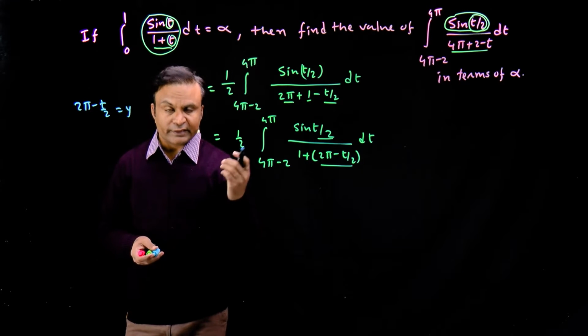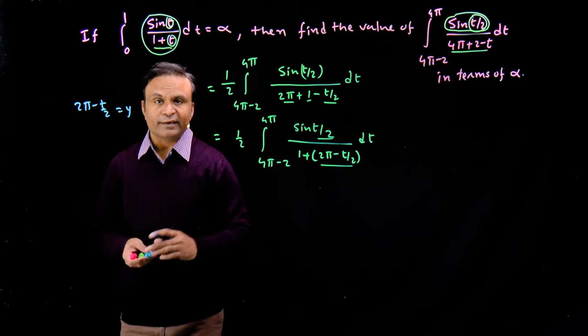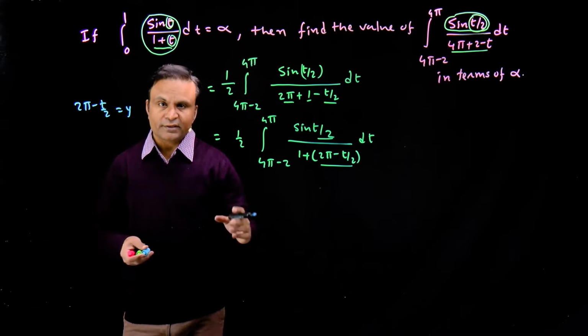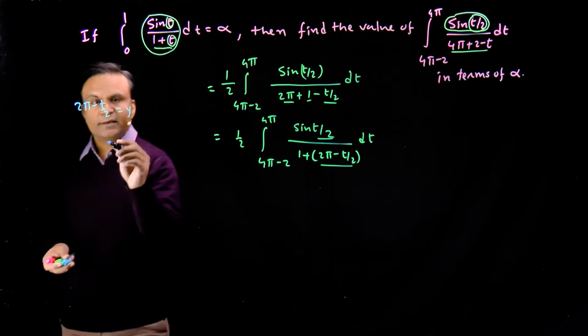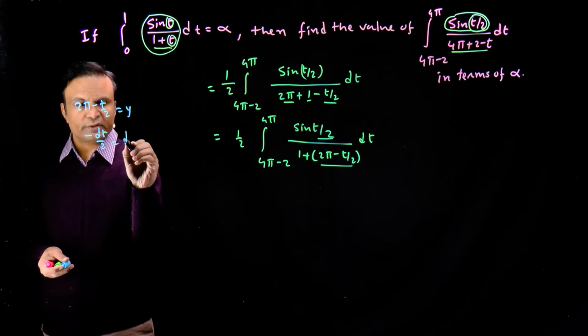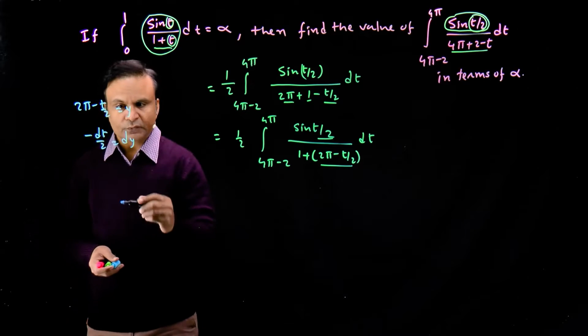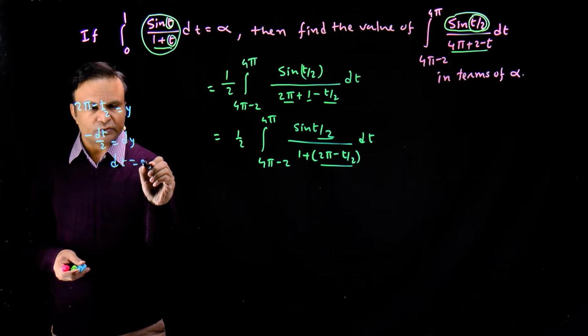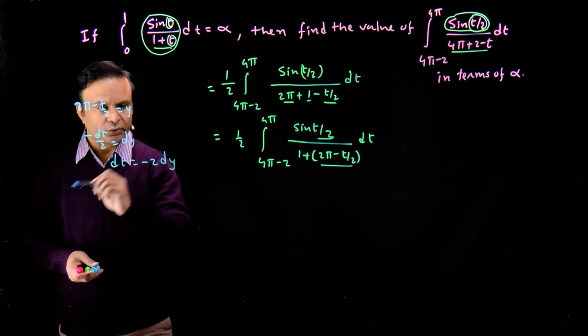We know that definite integration is actually a game of substitution most of the times. Okay, so here we have minus dt upon 2 is equal to dy. So dt is actually minus 2 dy,